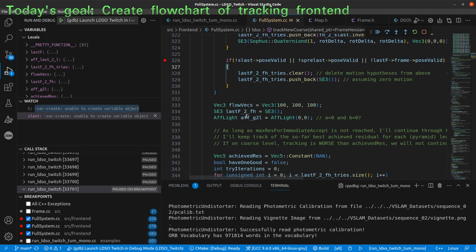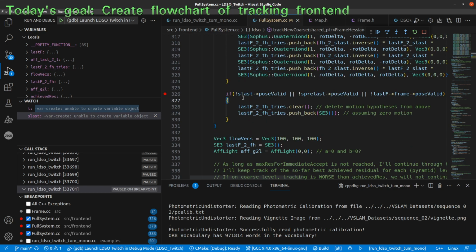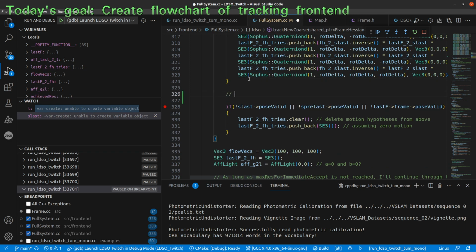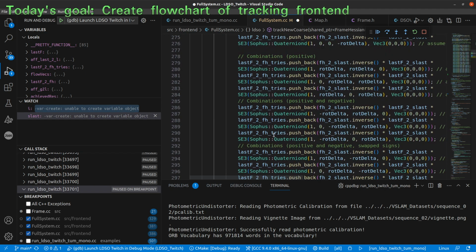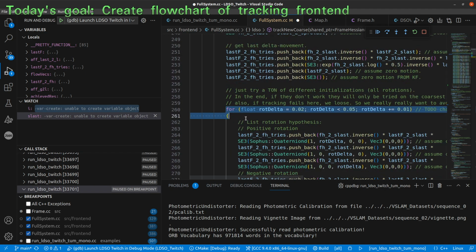But still, let's discuss where I will put this. At what part, on what line. So here I will loop over all motion hypotheses and write to a text file. Here. What I will basically do is copy this for loop here